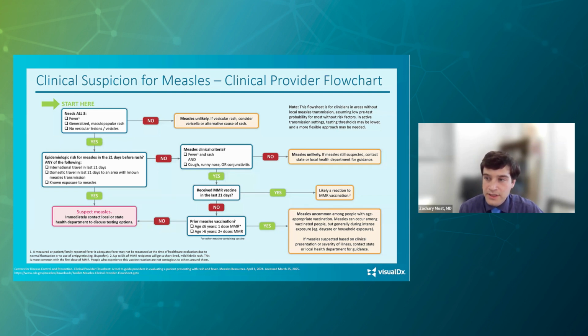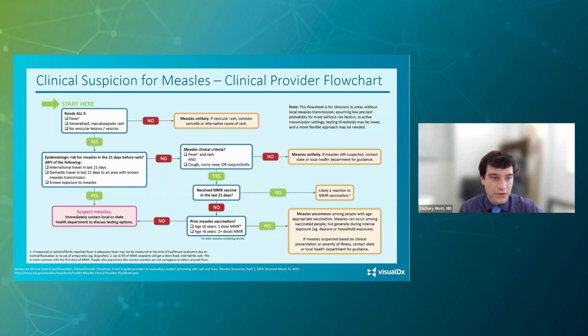This flow chart is available on the CDC website and is intended to be used when you are not in the middle of an outbreak, when measles is not highly incident in the area that you're at. And I'll go through this pathway briefly here, highlighting that it covers the same things that I mentioned earlier, that the keys to making this evaluation are signs and symptoms of measles, understanding whether there was an exposure, and the immune status of the patient in regards to measles.